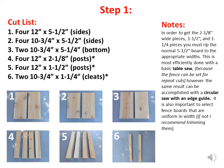Step 1, here's our cut list for this project. First of all, you'll need to take the 5.5 inch wide fence boards, which will be 6 feet long, and you'll need to cut 4 12-inch sections for your sides. Then you'll also need to cut 4 10 3/4 inch pieces for your sides, and then you'll cut 2 10 3/4 by 5 1/4, so you'll cut the width down a little bit for your bottom to leave a gap